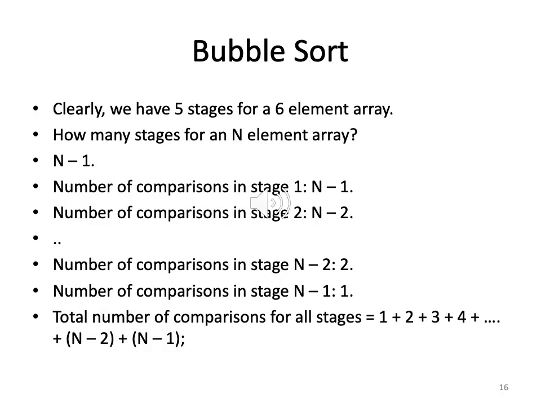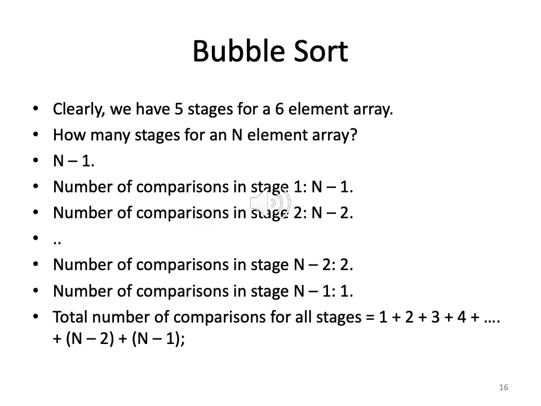Okay, so now I am on slide 16. We have seen from the previous slide that the key operations are comparisons and swaps. So now the next question is how many of each do we have? How many comparisons? How many swaps for an n element array?